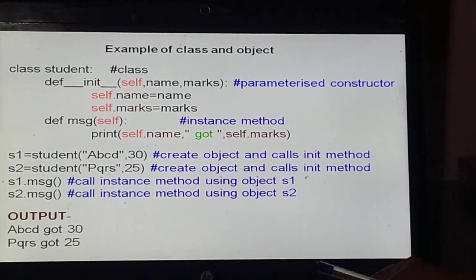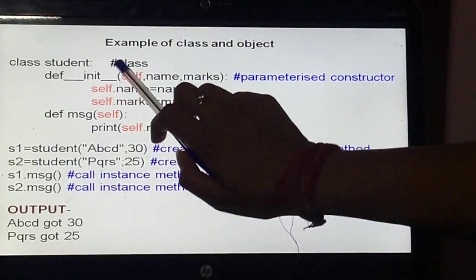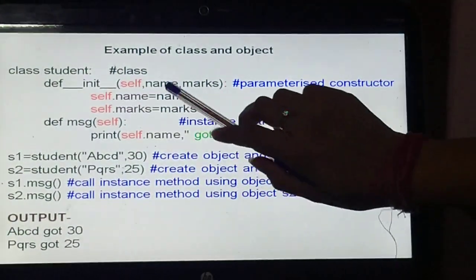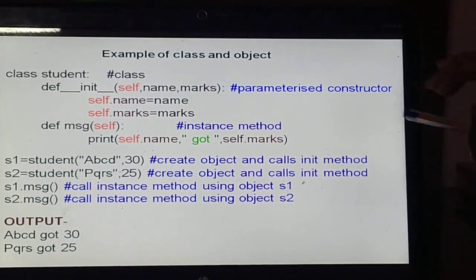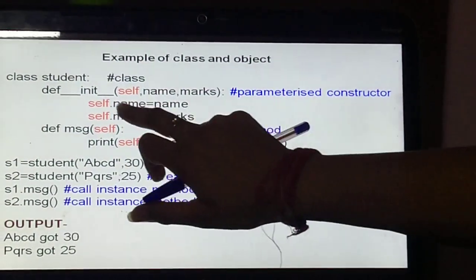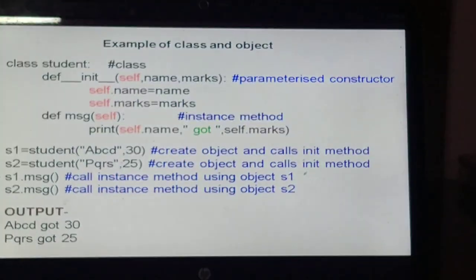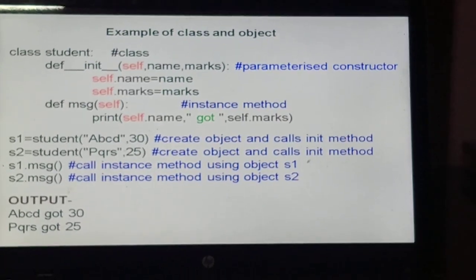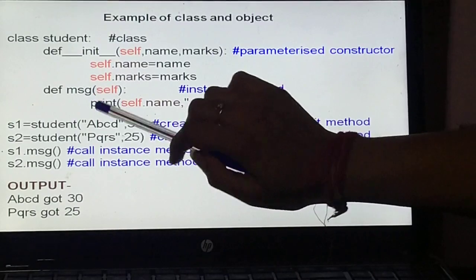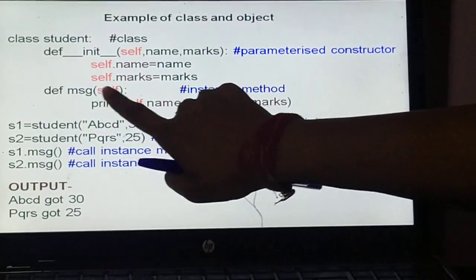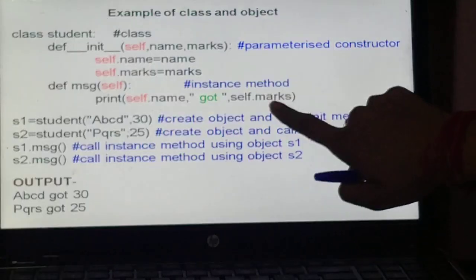Okay. This is again the very basic example of class and object. We have taken a class student. So I have defined a class here. By the init method, I have defined two parameters, name and marks. This is nothing but the parameterized constructor. So I have stored the value of name into self.name, and I have stored the value of marks into self.marks. Then I have taken a different, or this is the class method. This is the constructor and this is the class method. Okay. So def message self. So I have printed the value of name and the value of marks.